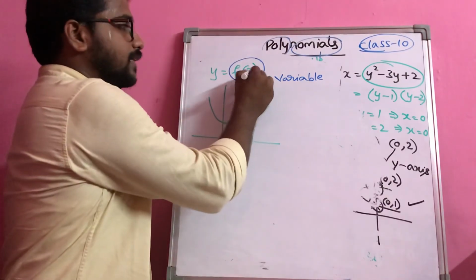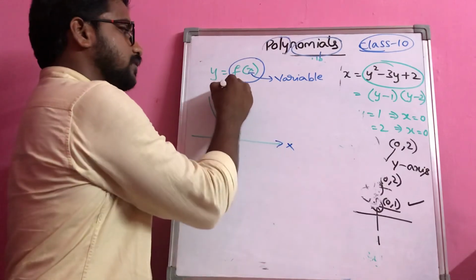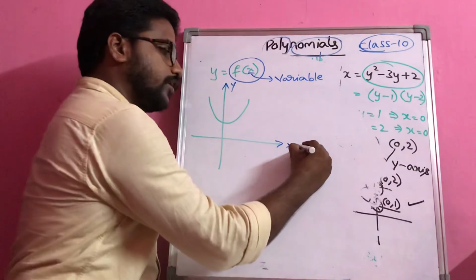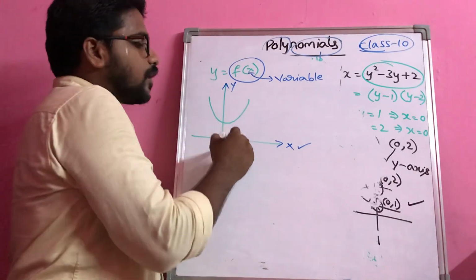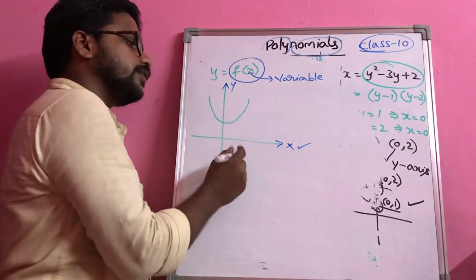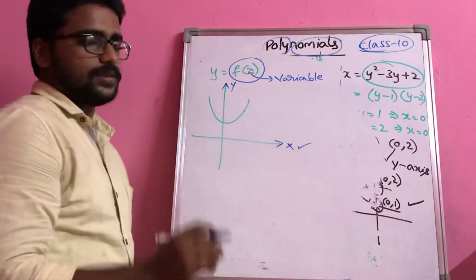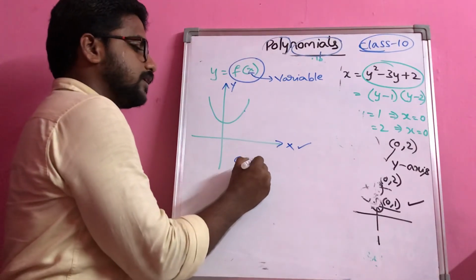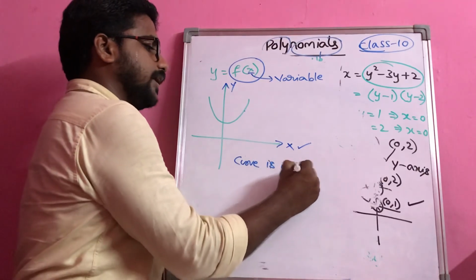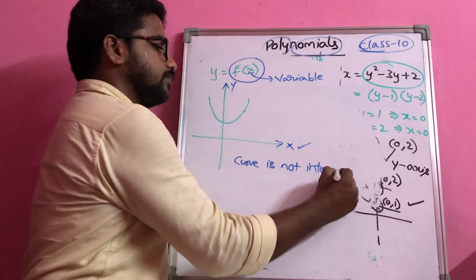If x is my variable, that means you have to look only at the x-axis. Now please tell me at how many points this curve is intersecting the x-axis. You can clearly see here the curve is not intersecting the x-axis at all,